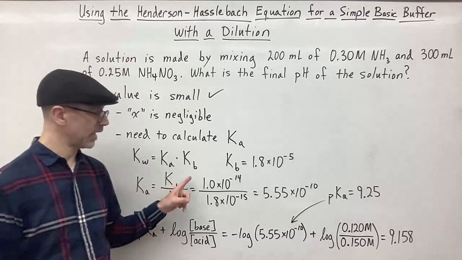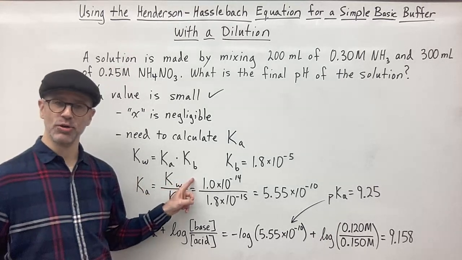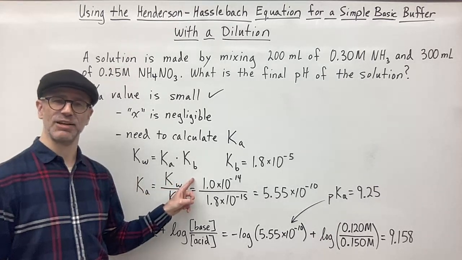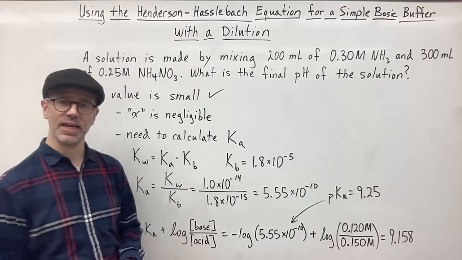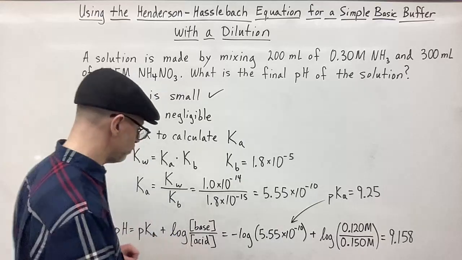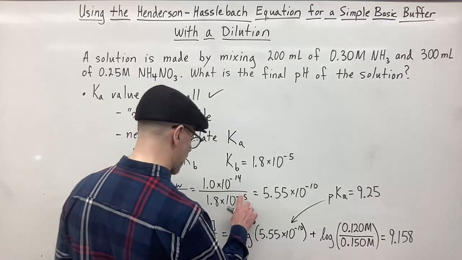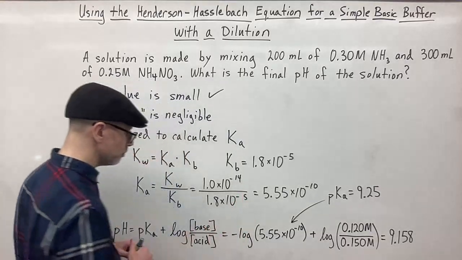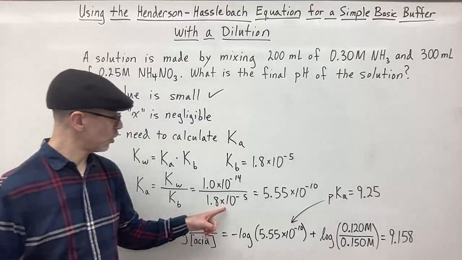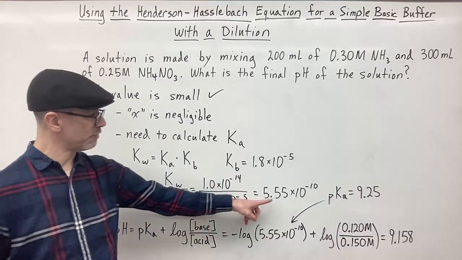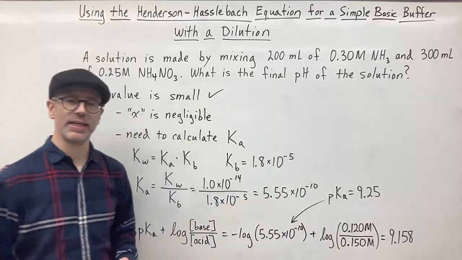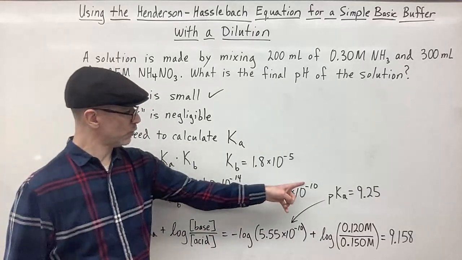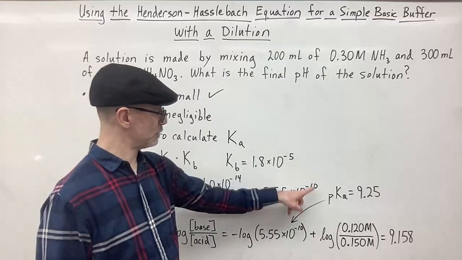We plug in Kw, which everyone should know is 1.0 times 10 to the negative 14, divided by the Kb, 1.8 times 10 to the negative 5. Oops, that should be negative 5. Sorry. And so from there, we get 5.55 times 10 to the negative 10. So now we've got the calculated Ka value, and you'll notice right away that this Ka value is very, very